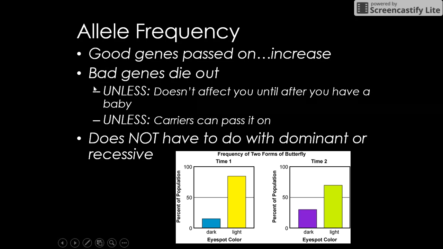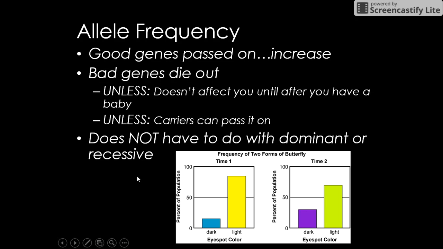If an organism is not good at camouflaging, it's probably going to get eaten, and the bad genes will die out because they won't live long enough to have babies. Some exceptions. If this gene doesn't affect you until after you have a baby, the gene is going to stay in the population. Or carriers of the gene can still pass it on. So even if they don't have it, they might be a carrier of it and can pass on the gene